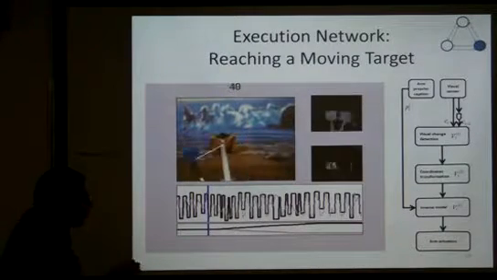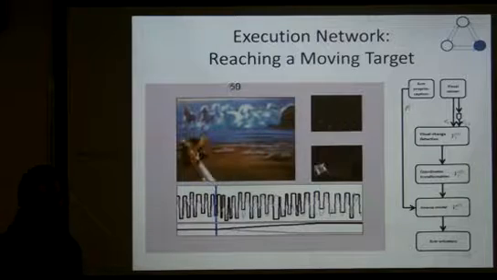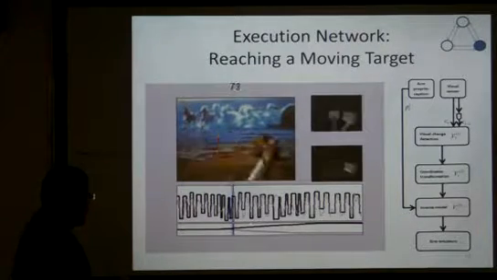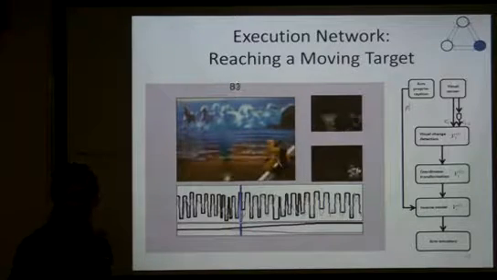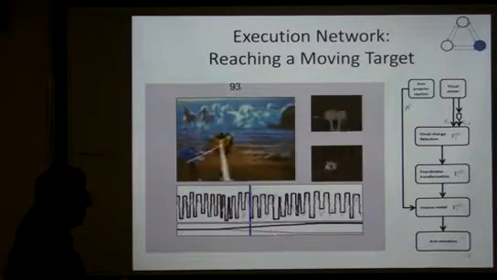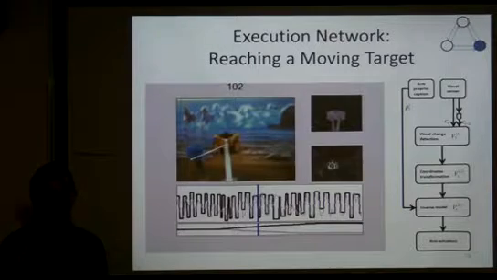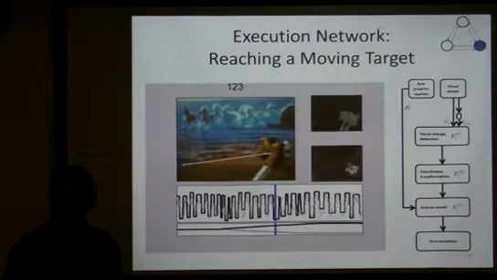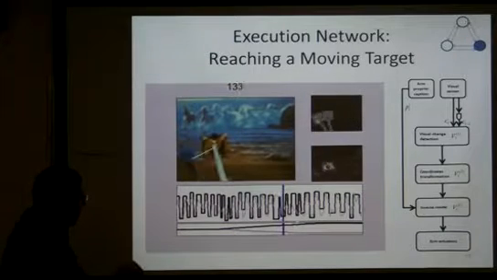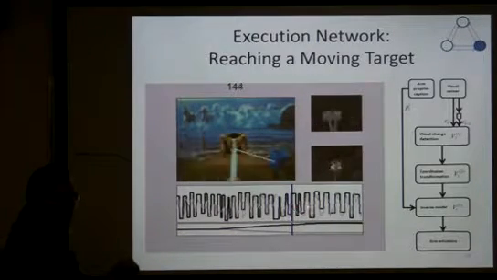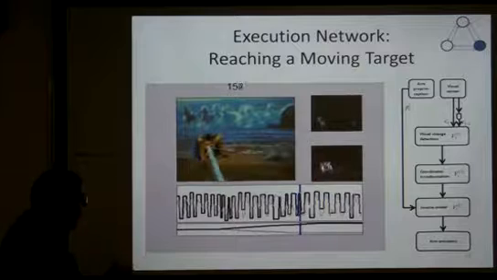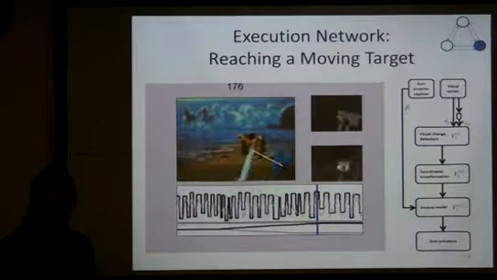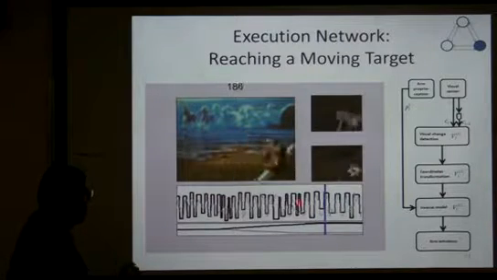What is nice about this is because it's autonomously learning, it can continuously learn if something changed. So these bars represent that I changed the power to the motor and the red channel of the camera. I just slowly eliminated the red channel of the camera, and I increased the power of the motor. And you see that everything goes to hell here. But it slowly recalibrates, because again, it's autonomously learning. It recalibrates autonomously, and it does really, really nice reaching moves.